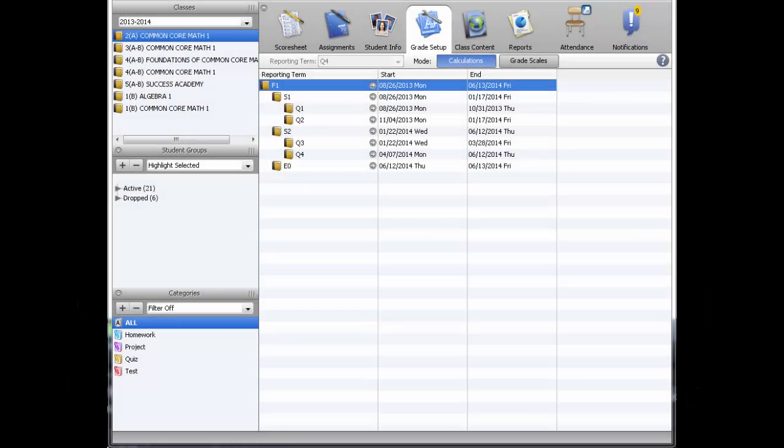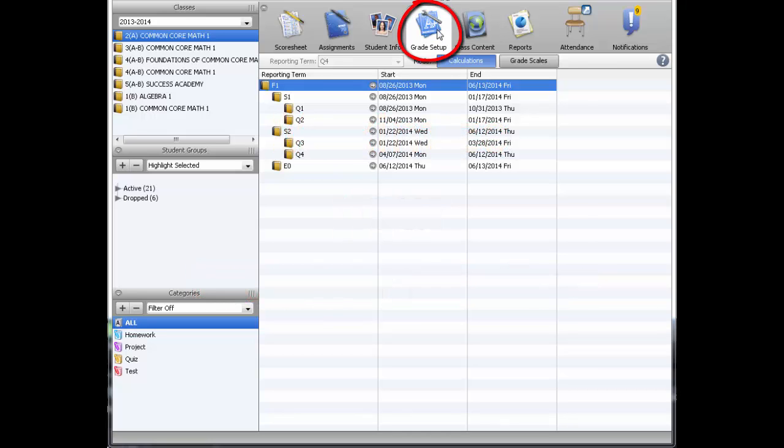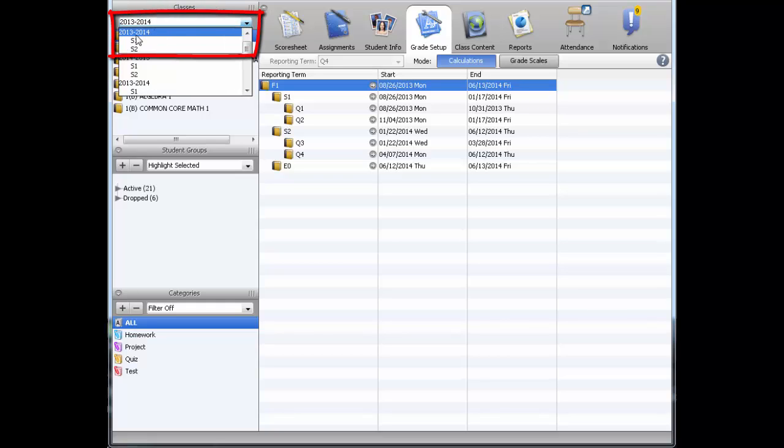Remember, with Gradebook, it's always important to start your session by maximizing the window for Gradebook. That makes certain buttons and toolbars won't be hidden. The second step is to make certain you click on the button Grade Setup. The next step is under your list of classes, you need to make certain that you select from the